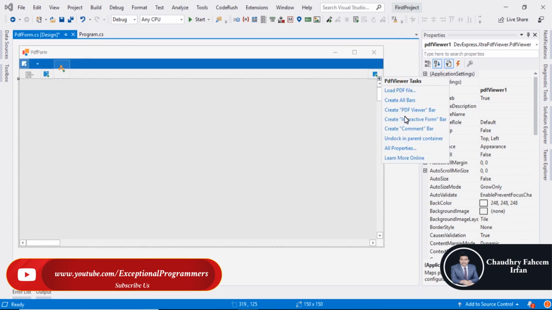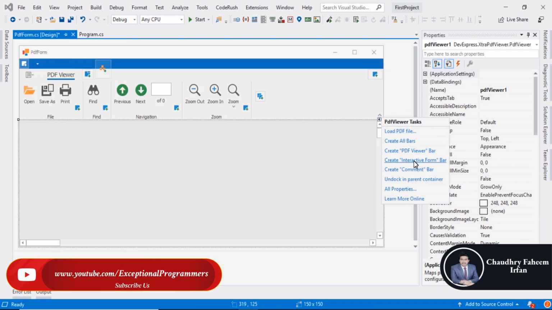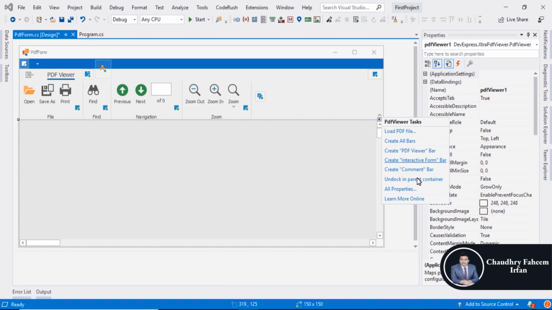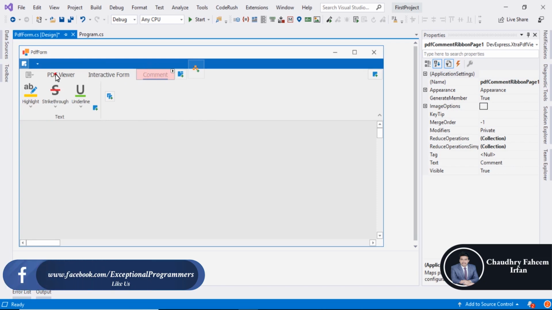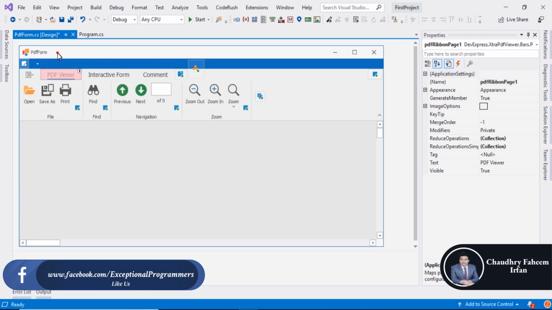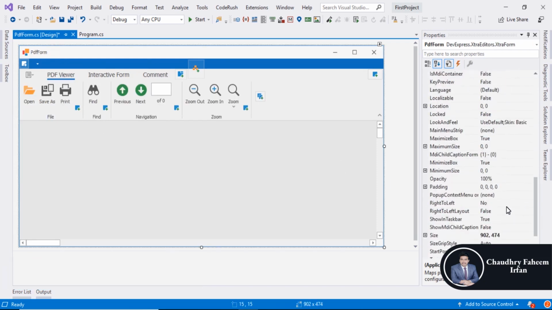create ribbon and create PDF viewer bar, create interactive form bar. After that, create comment bar, and here is the PDF viewer, interactive form, comment. These three bars are added into our PDF form, and now you can change the